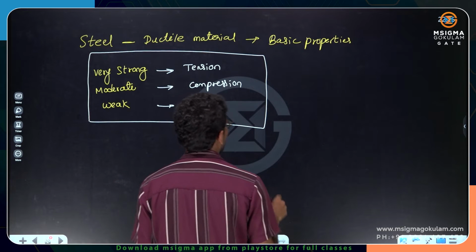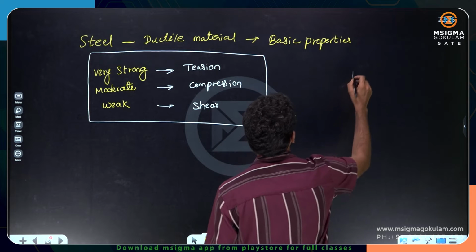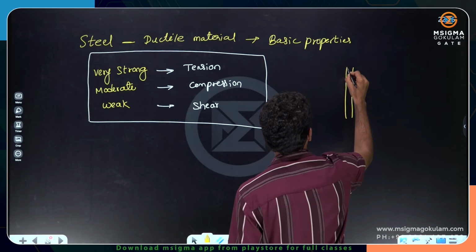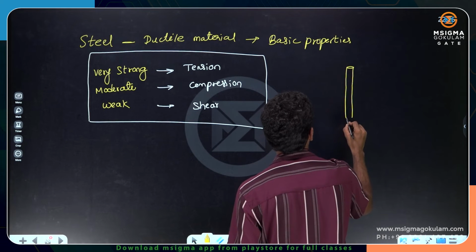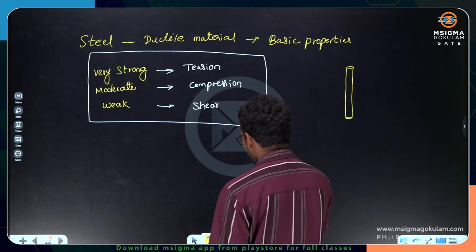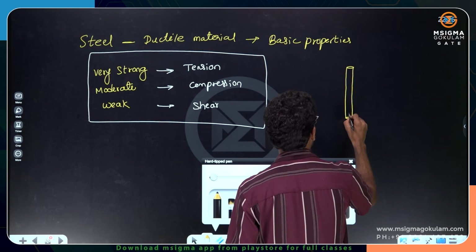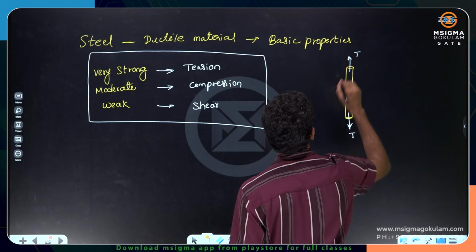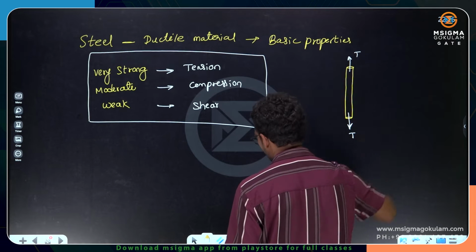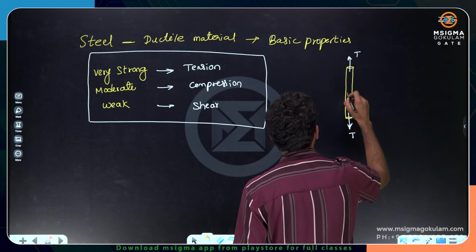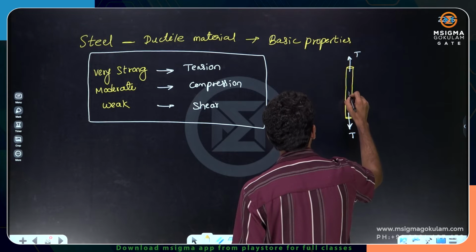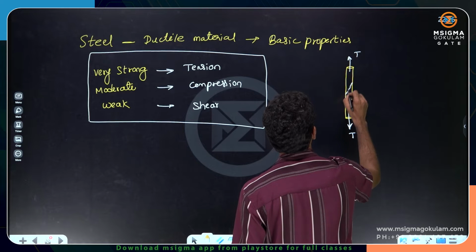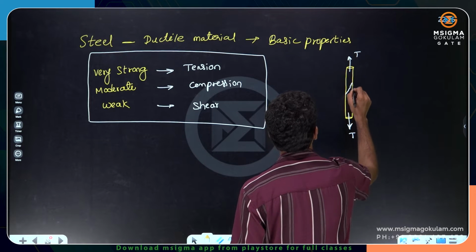You might have heard about testing of a steel bar, a mild steel bar, under tension. Let's say this is what it is: testing of a mild steel bar under tension. If you do it, what happens? When I test this mild steel bar in tension, you try to understand that even though the applied force is tension, there are some kind of Luders cracks we are going to get, and those are almost 45-degree cracks,